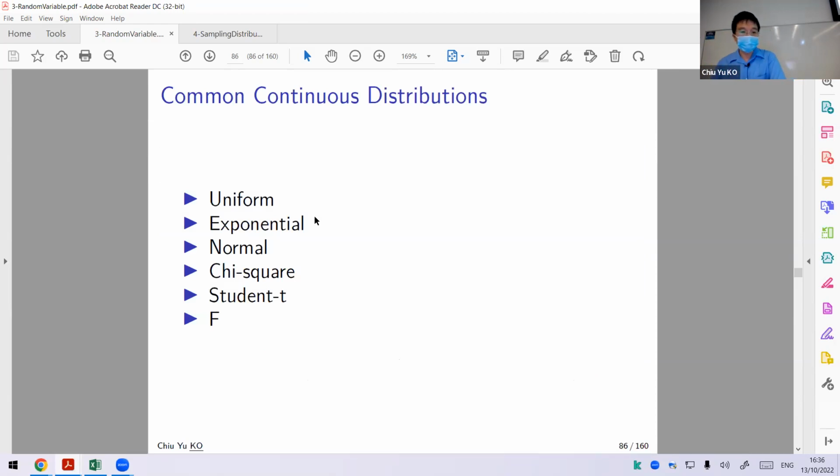There are several things we learned. We learned the uniform. It's useful when you don't have any idea what's going on, like how we did the rainfall. Those are things we don't have much knowledge about, unless we are physicists or geologists who know how things work. Then uniform would be the right way to go. Next we talked about the exponential,